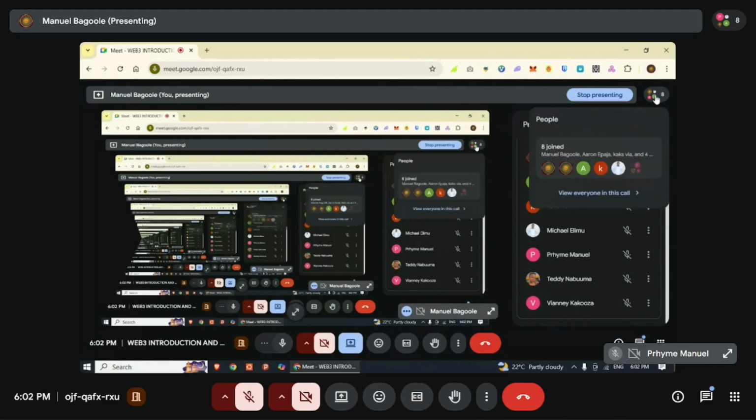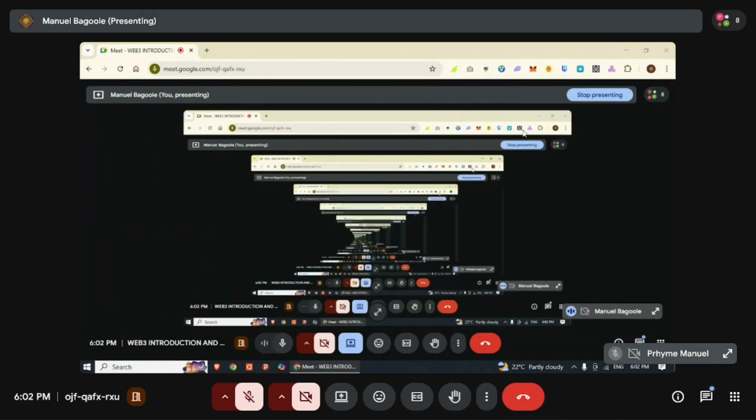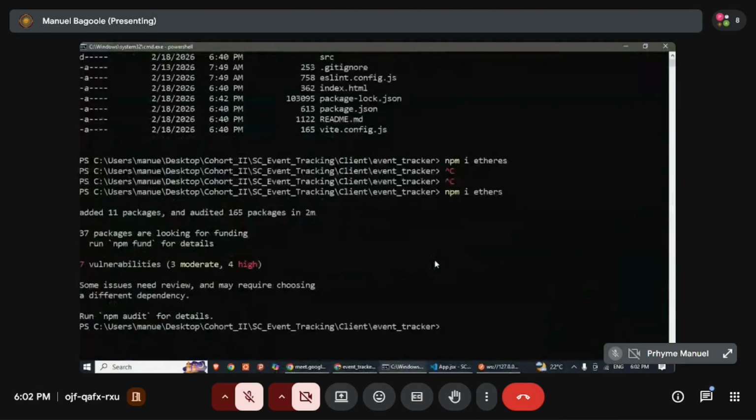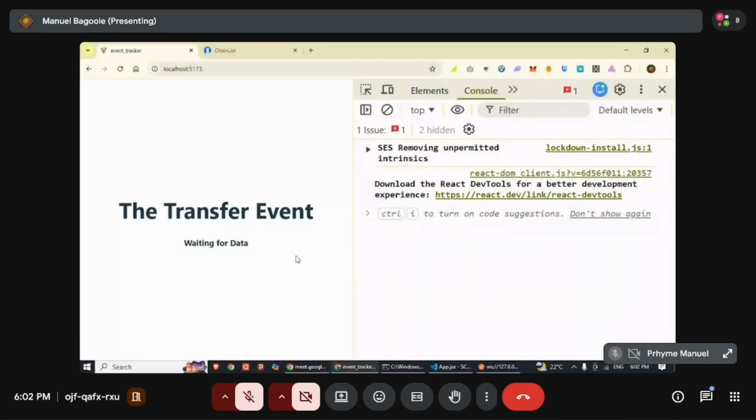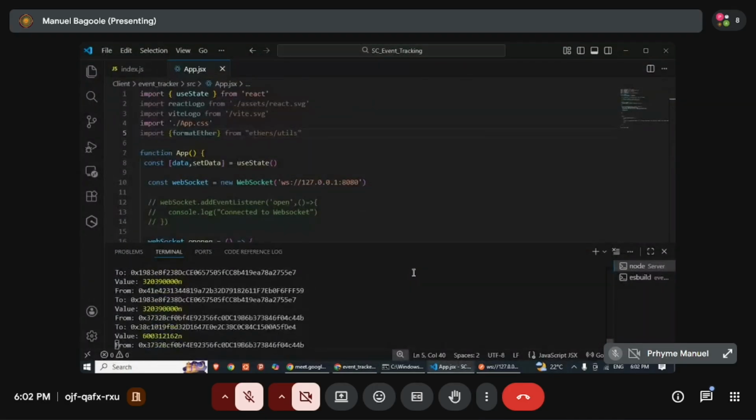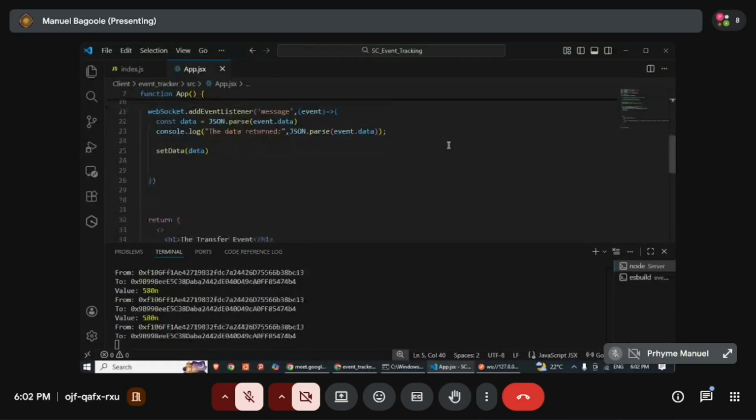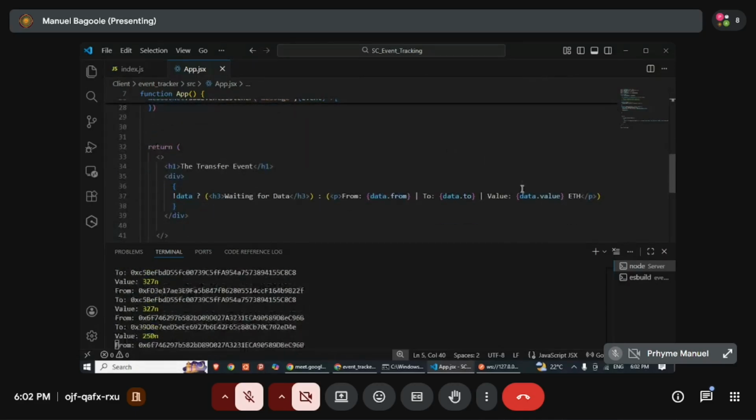Okay. So we have ethers.js installed, and the application is still waiting on data. It really picks it up slowly. I don't know why. So I'm going to